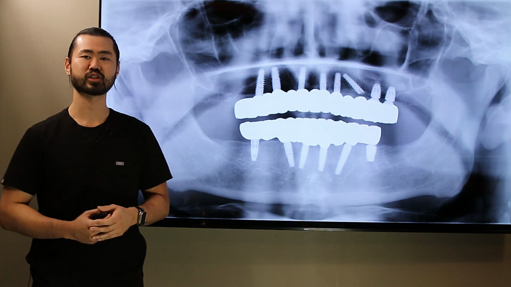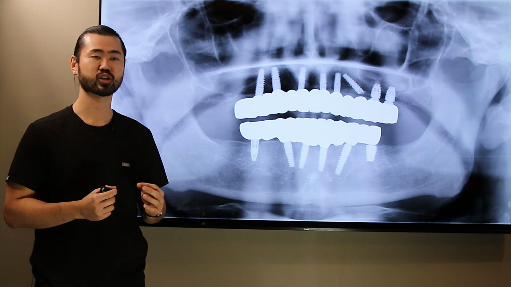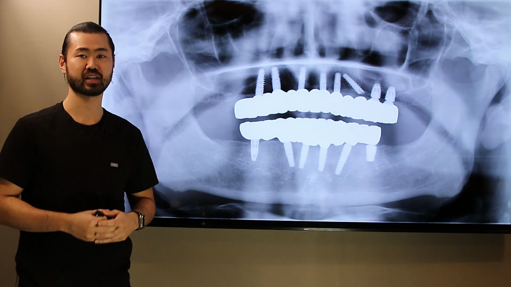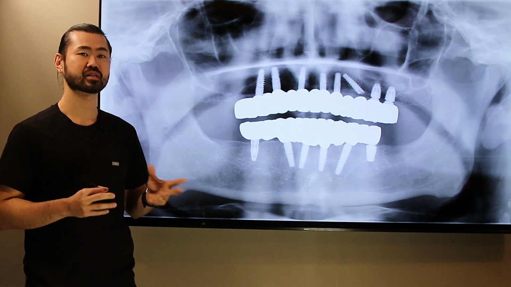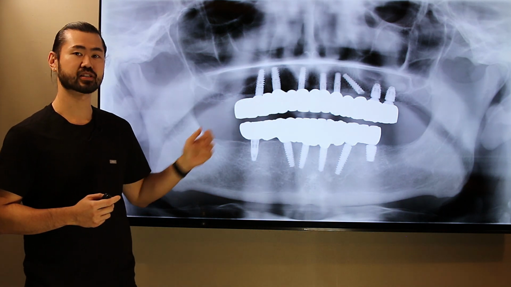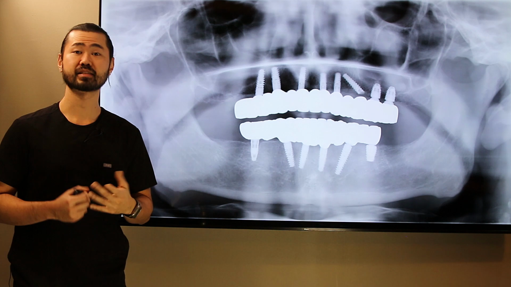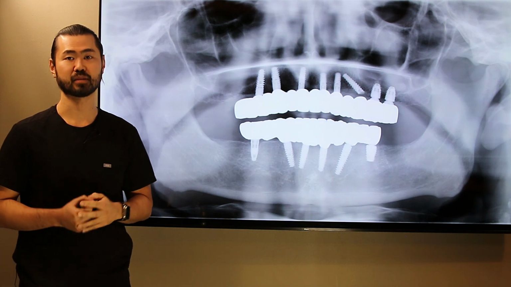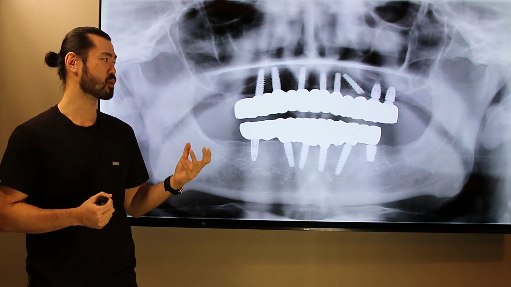As usual, we take x-rays to make sure that everything sits properly, and we want to make sure that the components all fit beautifully on the implants and that there are no problems associated with this kind of treatment. The extra white material that you see on this radiograph here is the zirconium material that we use for bridges. This is the high-strength ceramic that is widely used in implant dentistry nowadays, and it provides for a much stronger